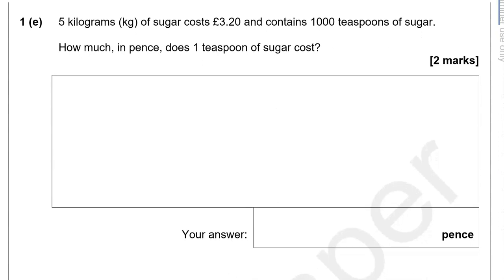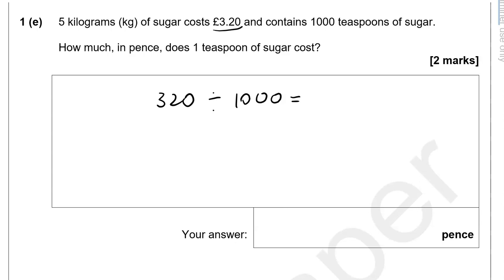5 kilograms of sugar costs £3.20 and contains 1,000 teaspoons of sugar. How much in pence does 1 teaspoon of sugar cost? So we're going to have to divide the £3.20 by 1,000. If we want, we can convert this into pence first, so that would be 320 pence, and then we can get the answer in pence. So divided by 1,000,